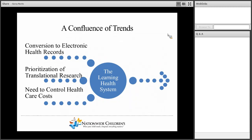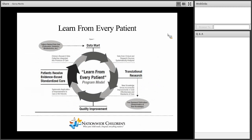And once the data goes in, it's very difficult to get anything out to understand how your patients are doing or how you are performing in practice. And so this new concept of the learning health system is what we've tried to create with the Learn from Every Patient model. I'm going to take you through this little cartoon that shows us what this looks like. I don't think you can see my cursor move, but I will tell you that in the top left corner,